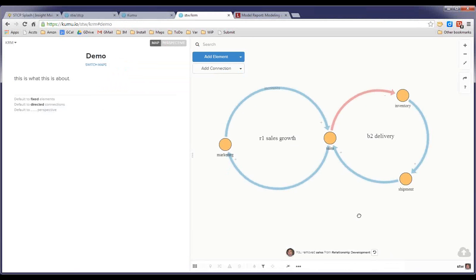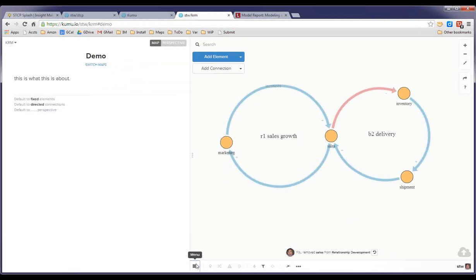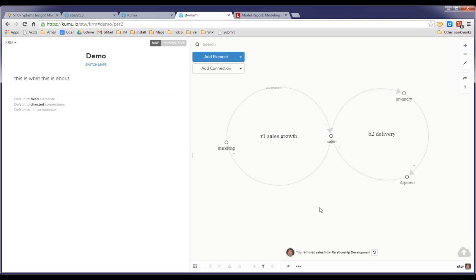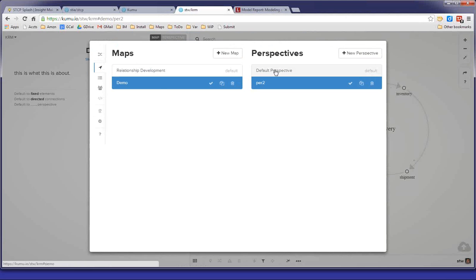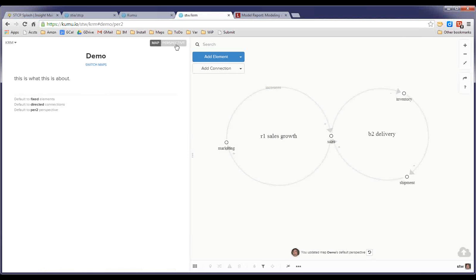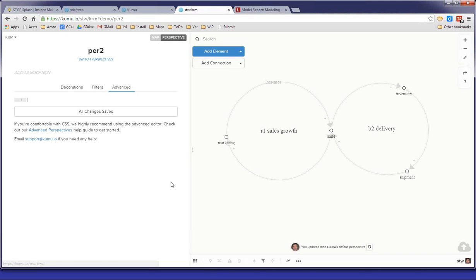Though, what just happened was that it switched perspectives, because the relationship development uses this default perspective. The demo didn't have a default defined, so now I've defined this perspective to go with this map, and this perspective goes with this map. So the way that you use the perspectives is that you come in here, and there are